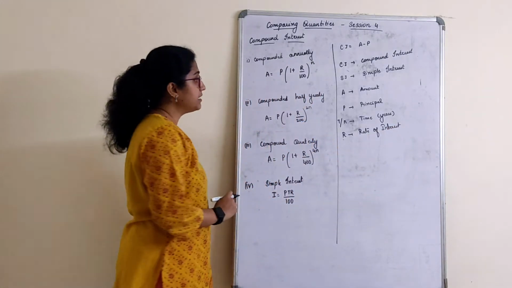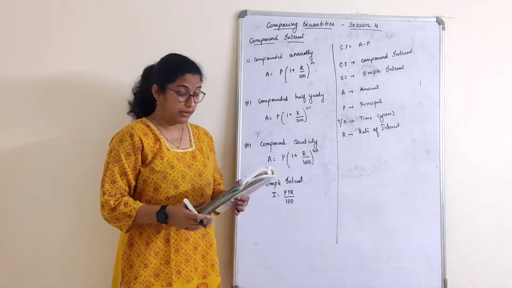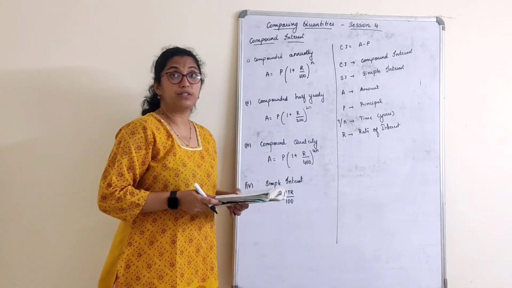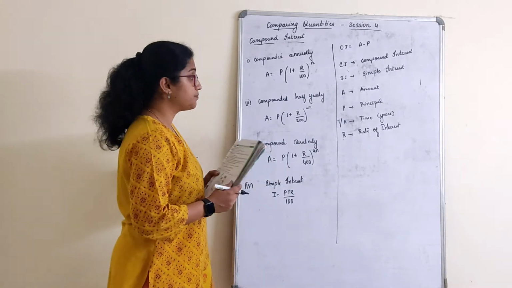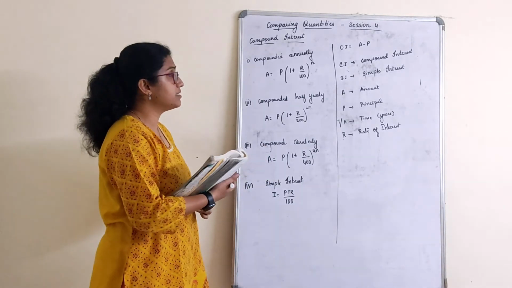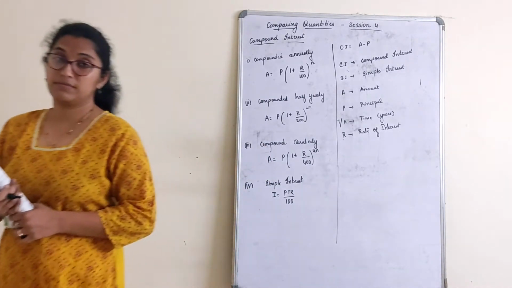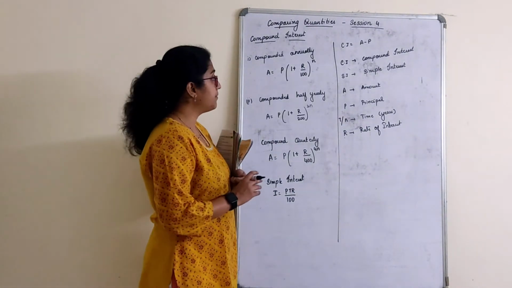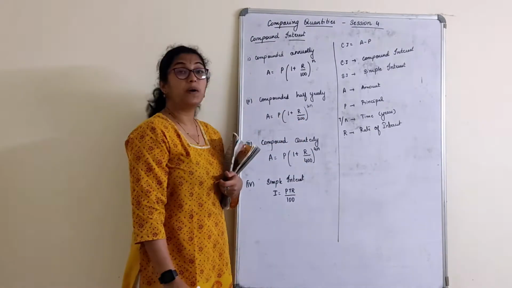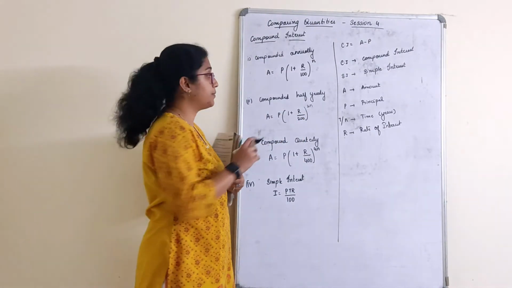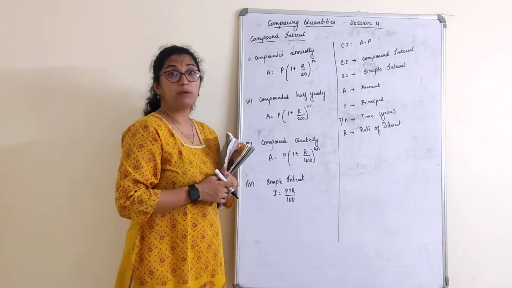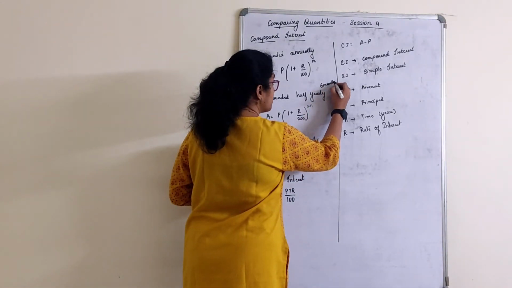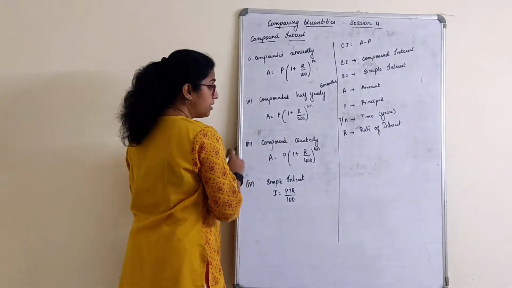That's all, right? These are the few parameters what you have to know in this lesson. So principal, rate of interest, where N is the time period in terms of years, R is rate of interest. Remember one thing here, this is the formula when compounded annually, yearly. This is the formula when we talk about half yearly. You can consider this as 6 months also. This is the formula for quarterly.